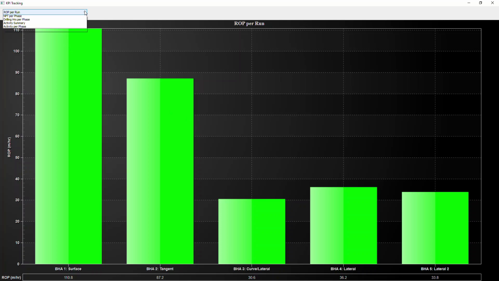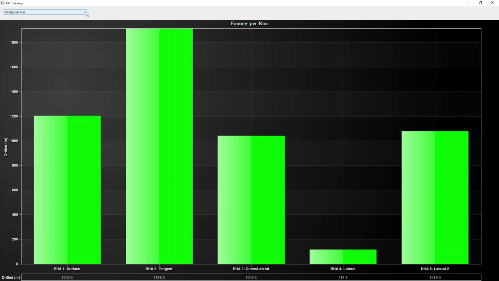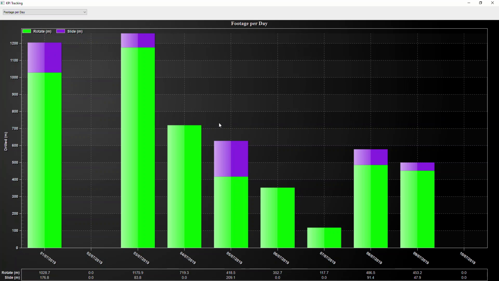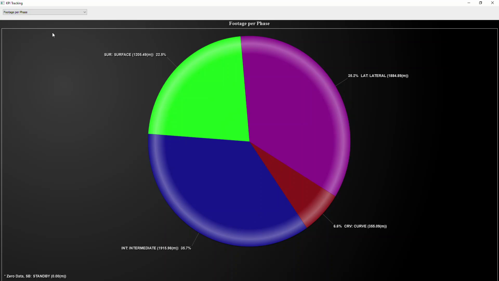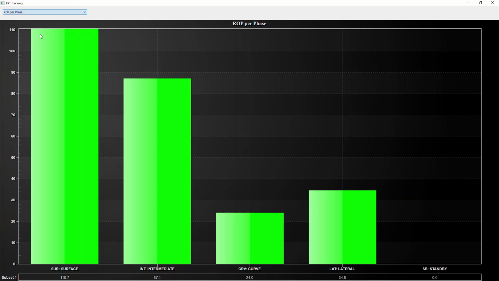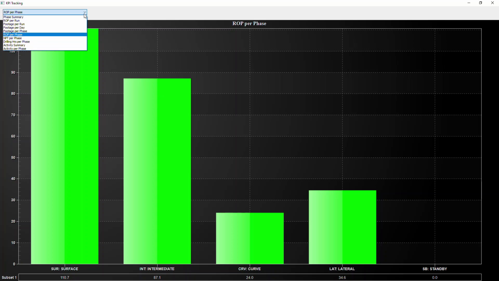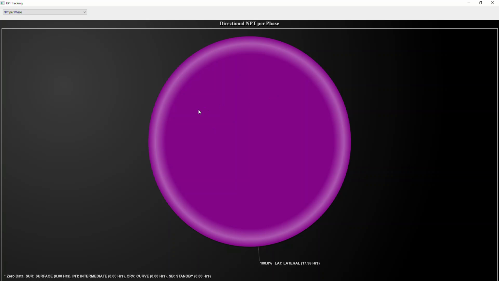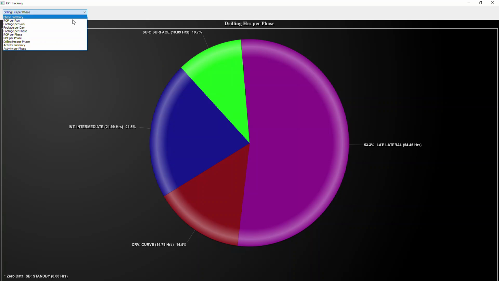ROPs per run, footage per run, footage per day, and the footage per day is also broken down into how much was rotated and how much was sliding. Footage per phase, this gives us the amount of hole that was drilled for a given phase. ROP per phase, NPT per phase, so this is directional NPT, it doesn't include the rig NPT. Drilling hours per phase,